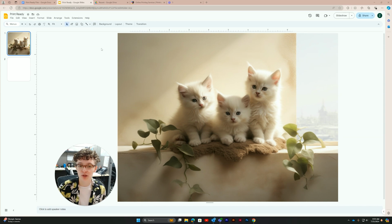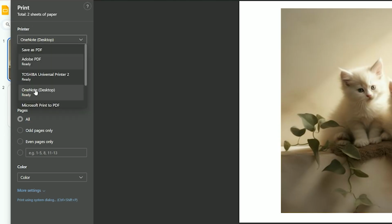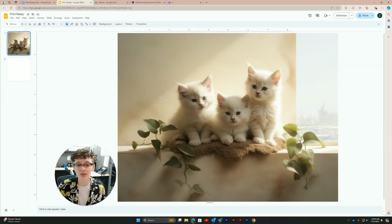Once you're ready to save your print-ready files, you're going to click File, Print. Then here at the top under Printer, you're going to want to scroll through until you see Save as PDF. Then you're going to click Save at the bottom. Now you have print-ready files from Google Slides or Google Docs on your desktop, ready to be uploaded and professionally